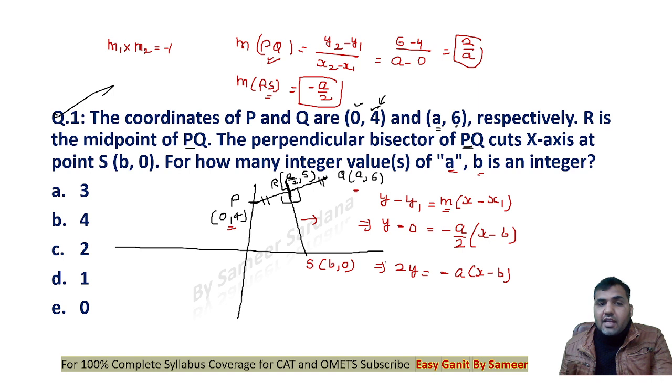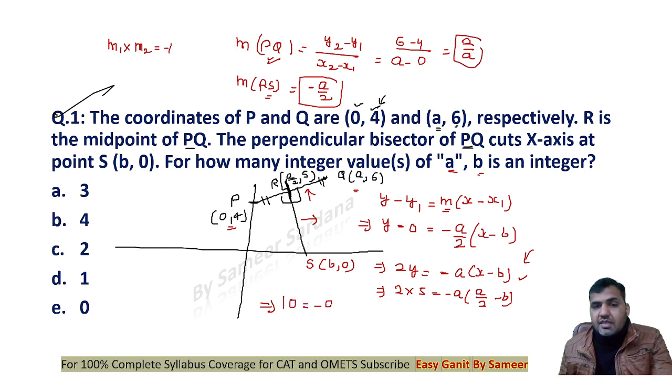Now I know that the coordinates of the point R are a by 2 and 5, which will definitely lie on this line, right? Now putting x as a by 2 and y as 5, 2 multiplied by 5 is equal to minus a into x, which is a upon 2 minus b. Now you can see that the point R will lie on this line, right? So I got an equation here, which I can write down as